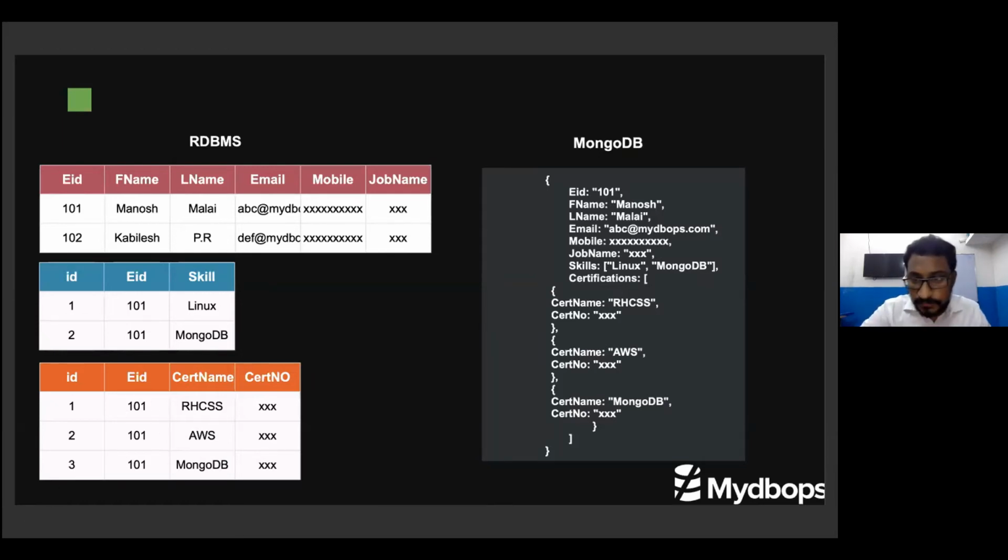You can see here, this certification, we have in a separate table. In the MongoDB document, I'm having it as an array. Under the array, I'm putting every certification as an embedded document. In some places this is an advantage, in some places it is a disadvantage. I will cover the disadvantages later. But you can see that when I need to get the whole employee data, a single access, a single IO operation, will give all the details of the employee information.